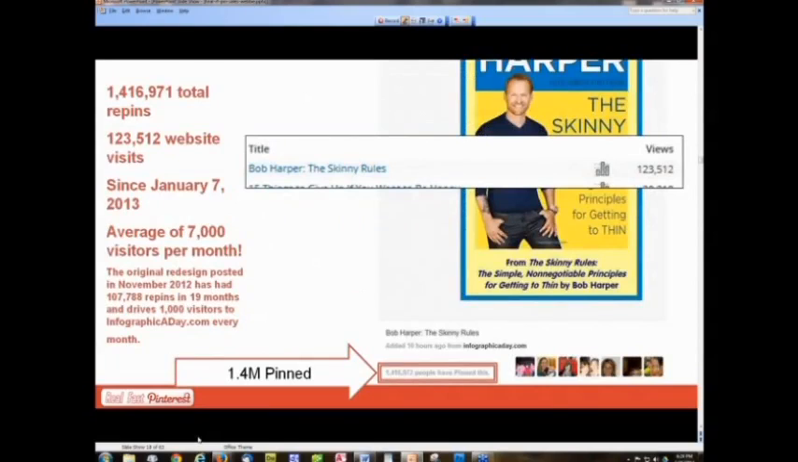So here's the actual proof. You can see 1.4 million pins, 1,416,972 have pinned this. That's information from Pinterest. It's not made up information. If you go there, you'll see that that's the number that they're giving. Now, up here in the top is my information on Bob Harper, The Skinny Rules,